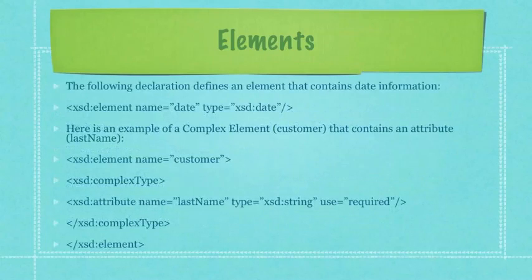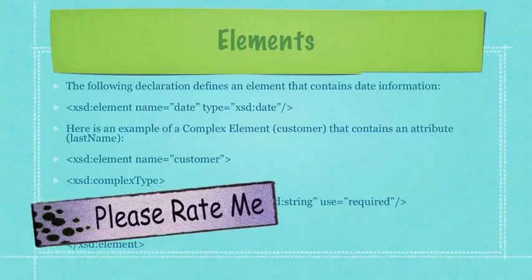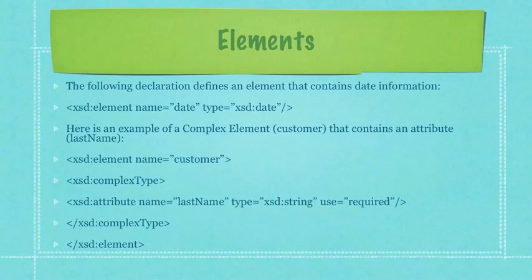The following declaration defines an element that contains date information. Here is an example of a complex element being customer that contains an attribute being last name. Of course, you could define other attributes to this complex element. I'm just doing this so you can quickly get the idea of what an element in XML